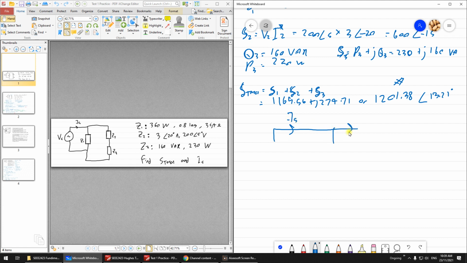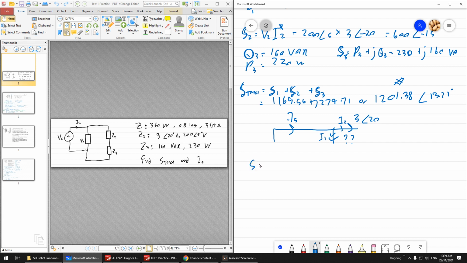You can see here at Z2 they give current 3 angle 20, and here they don't give the current. So I assume this is I2, this is I1. Okay, so I1 you don't know the current, so they give you, you can see here